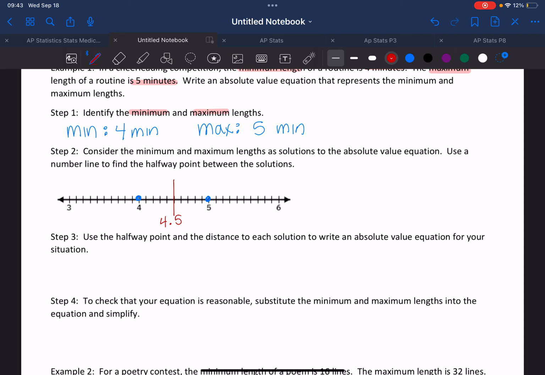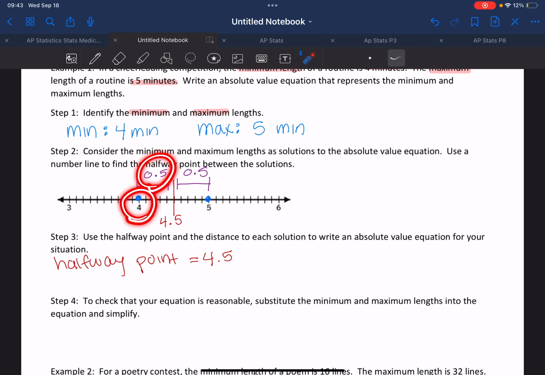So we know that our halfway point is 4.5. And if we were to calculate the distance from our minimum to our midpoint, and then our midpoint to our maximum, we would see that the distance would be 0.5. What this means is that if we take 4 plus 0.5, we get our middle value. Okay? And if we take 5 and subtract 0.5, we get our middle value. So the distance